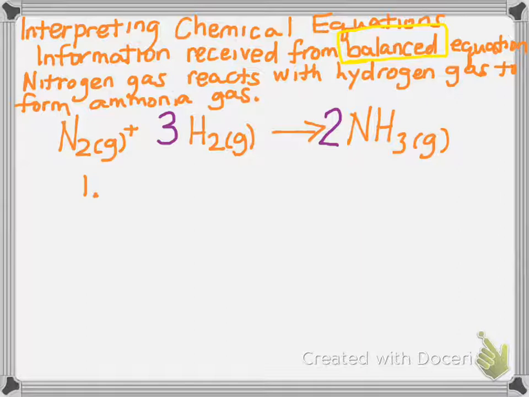So again, really important here when we're doing stoichiometry is that we're always going to have to start with a correctly balanced chemical equation. And to have a correctly balanced chemical equation, that means I have to have my chemical formulas correct, okay, and then I have to add my coefficients. So what information can we get from this balanced chemical equation? Well, one of the pieces of information we can get is we can interpret this balanced equation in terms of representative